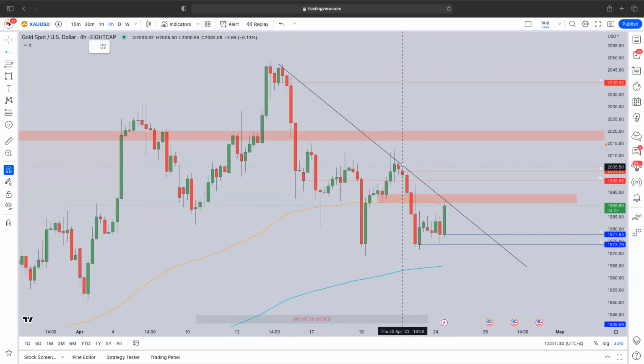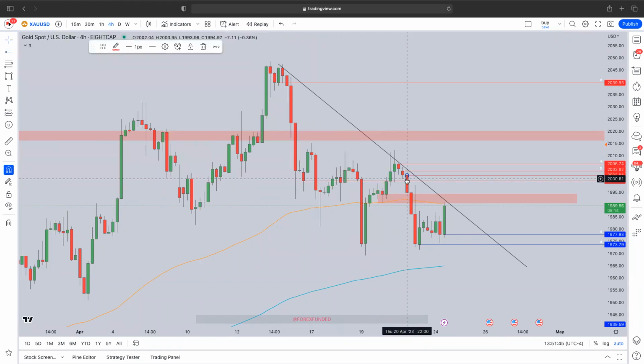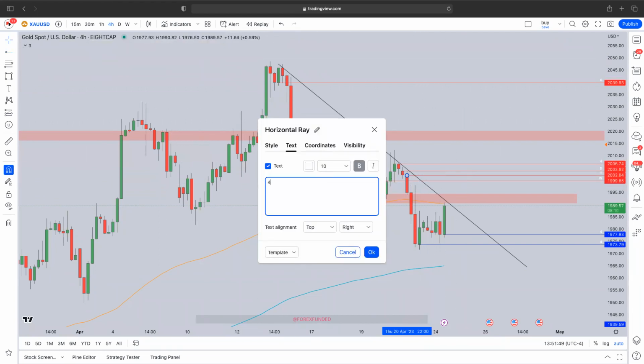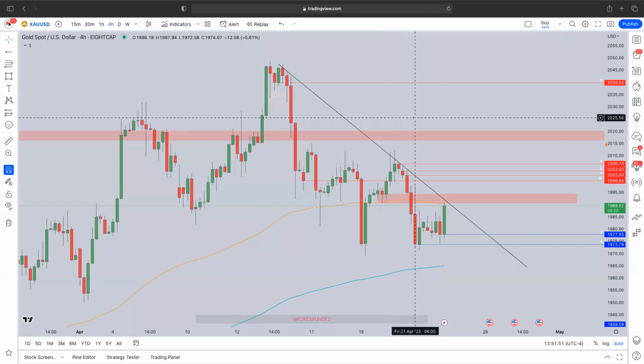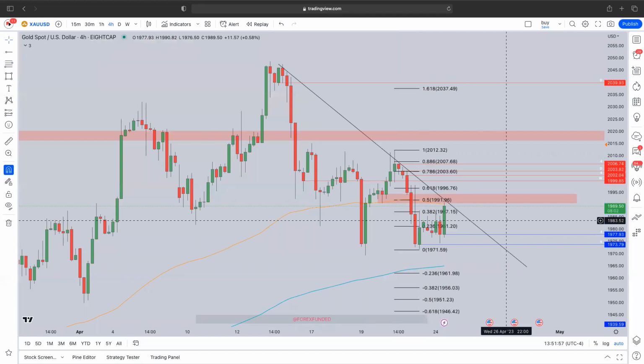You could have a 4 hour level here at the top. And you could have one here, right? You have a general trading area right there, which is the 2000 key level, which is what we're about to get to. So now taking a fib from this current high to this current low,